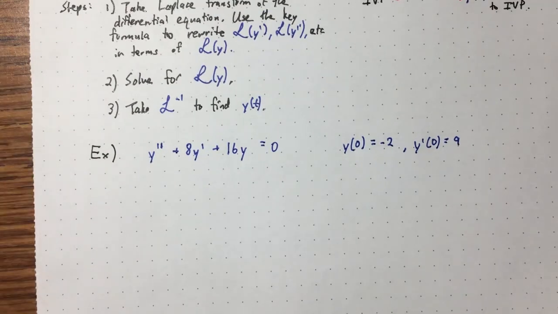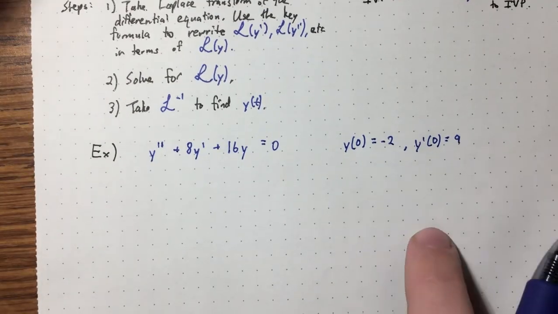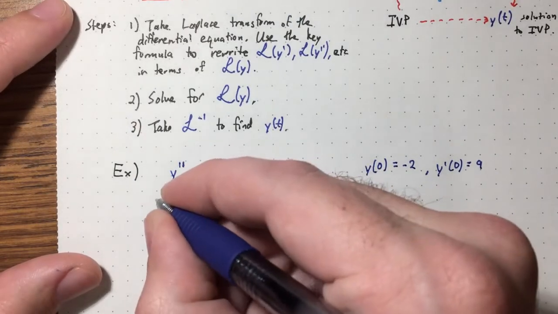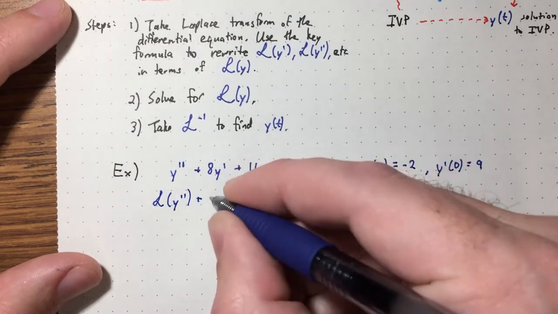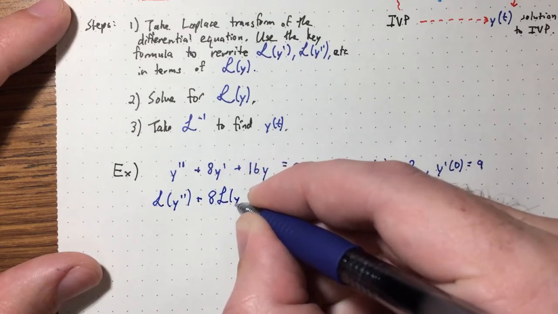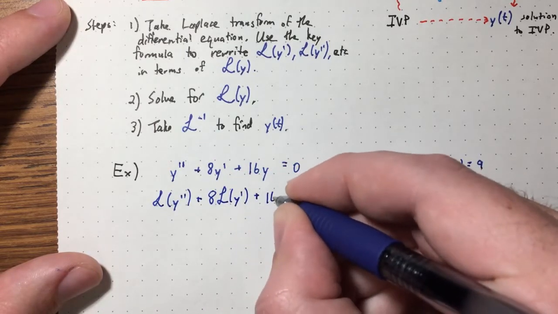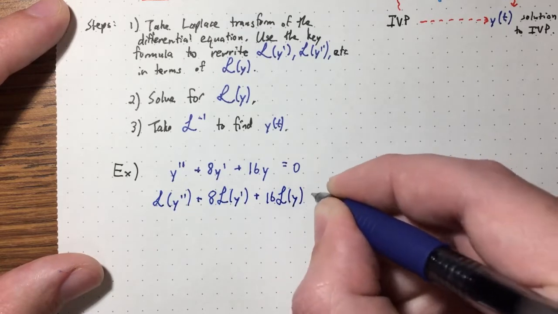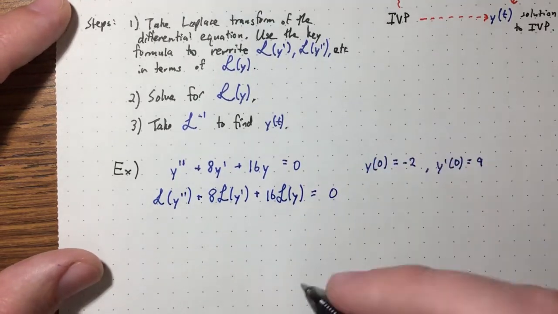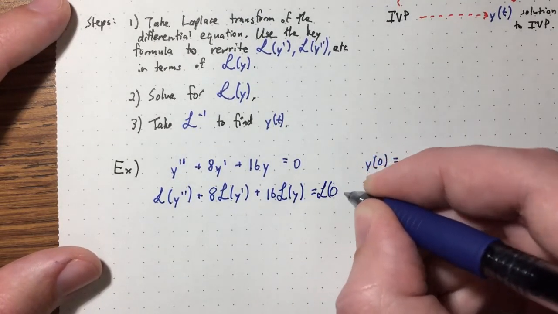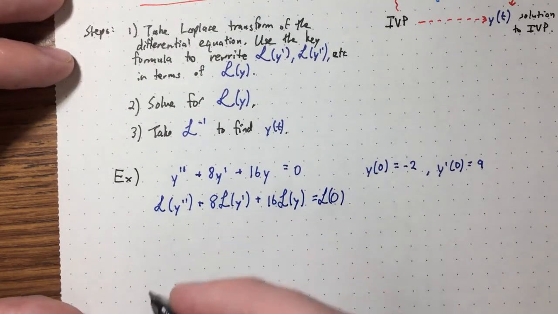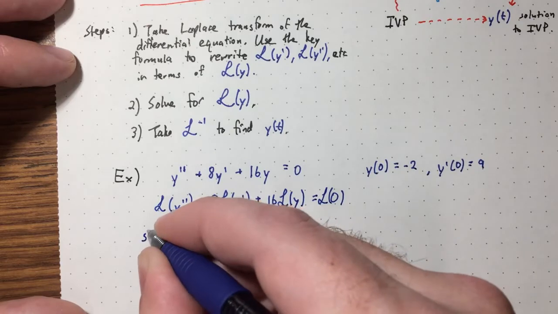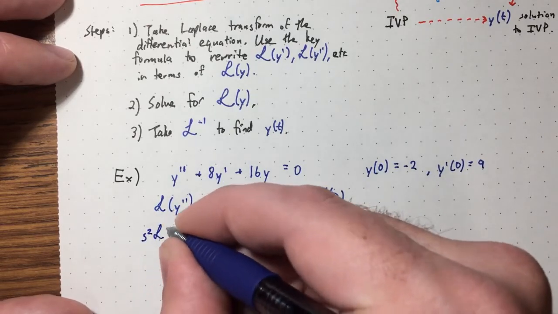Take the Laplace transform on both sides. So I'll just do this all in one go. Plus 16 L of y is L of 0. That's just 0, though I'll write L of 0, just to emphasize that we do need to do this to both sides. Okay, L of y double prime is s squared times L of y